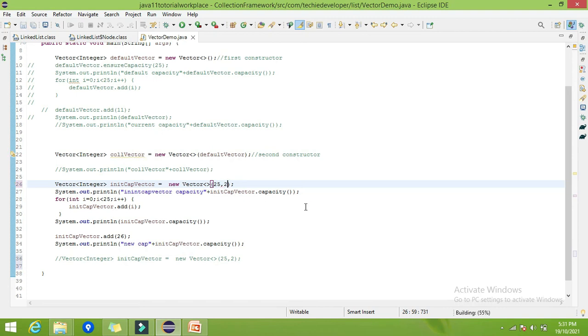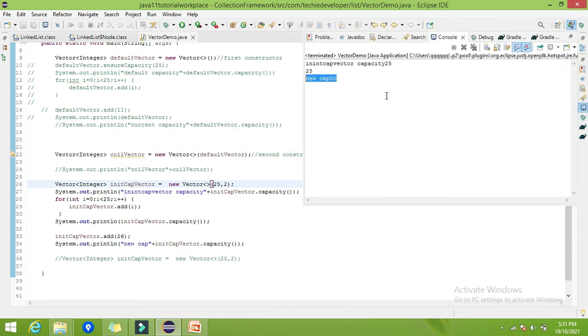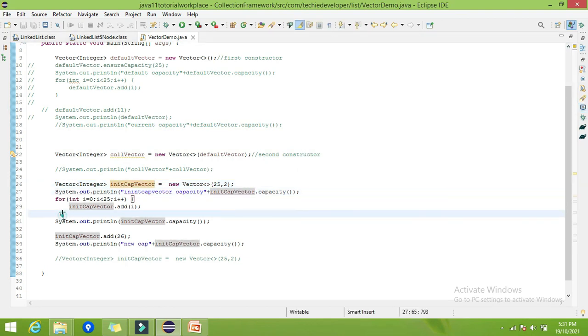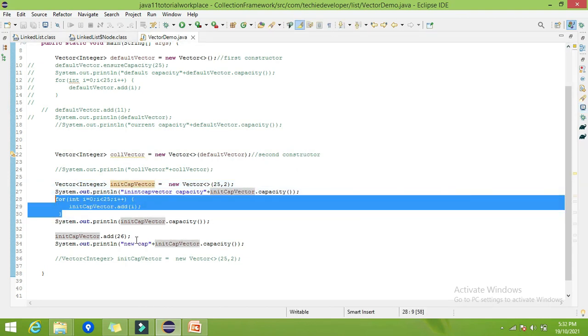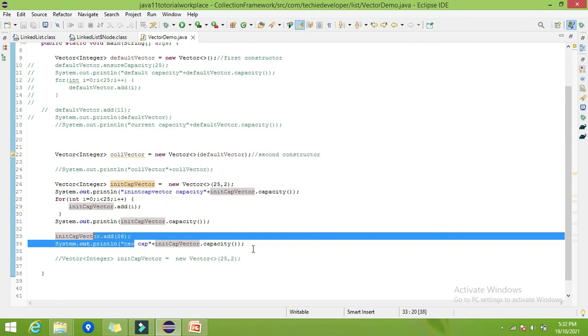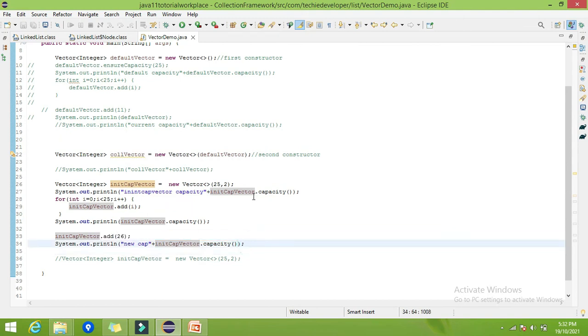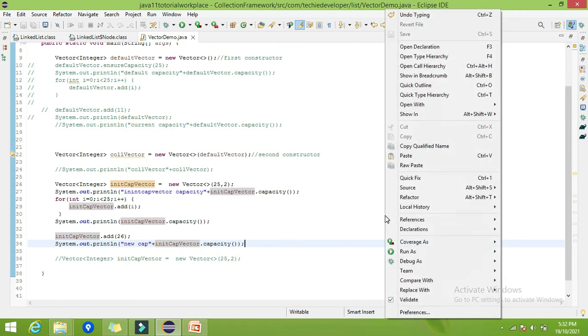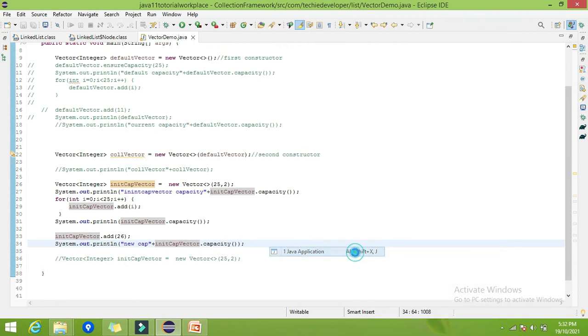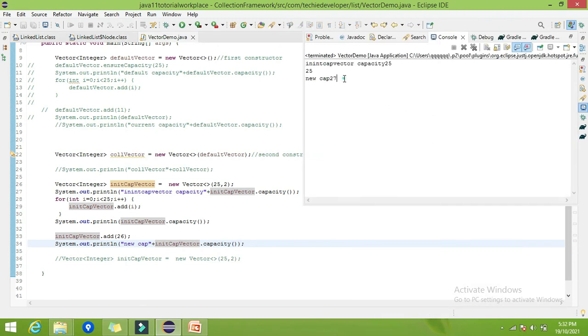Here you have seen that earlier the new capacity was 50, but in this case what will happen? So let's try now. Here you can find the new capacity is 27.